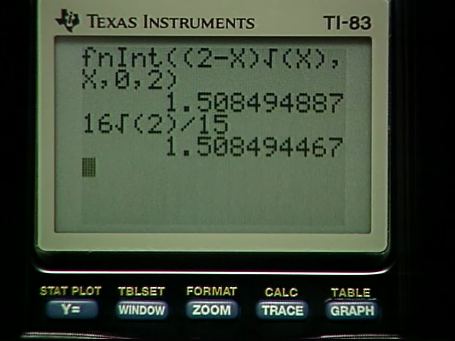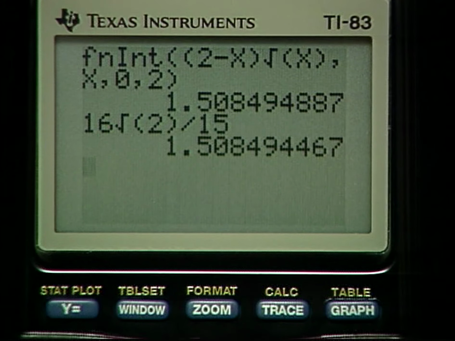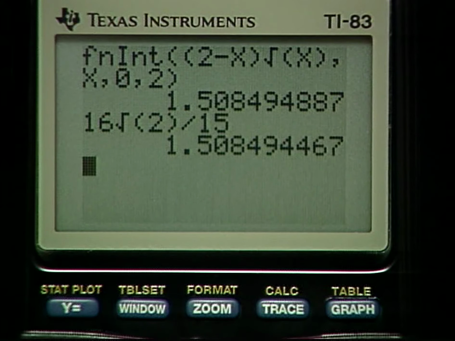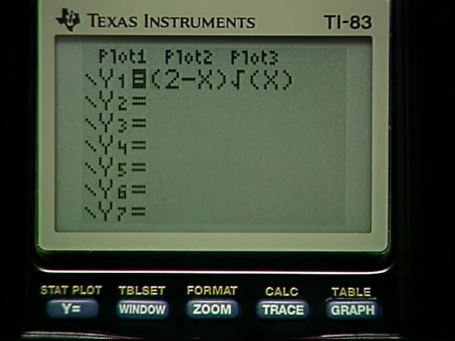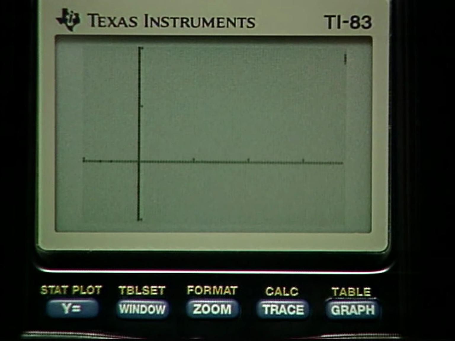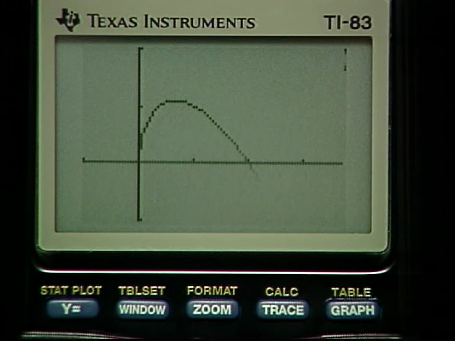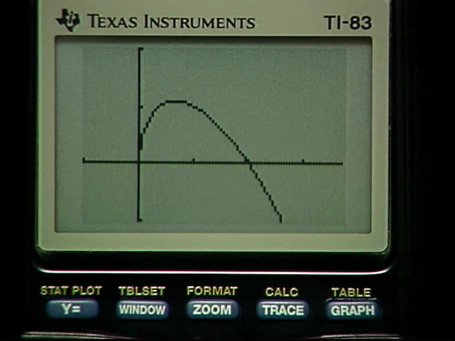And sure enough, it's accurate to, I don't know, 6 or 8 decimal places anyway. Okay, the other way to approach the situation is to plot the graph first of all. I've already entered the function here, and here's the graph. Now I am using some rather creative window settings. I'm trying to make the window rather friendly for tracing purposes or for moving around the window. I'm actually not exactly tracing, but it's kind of like tracing what I'm going to do